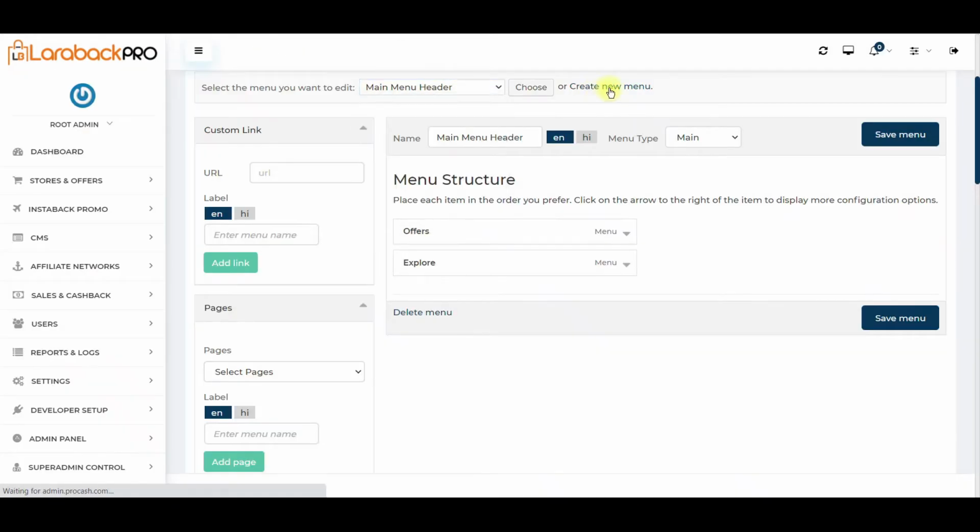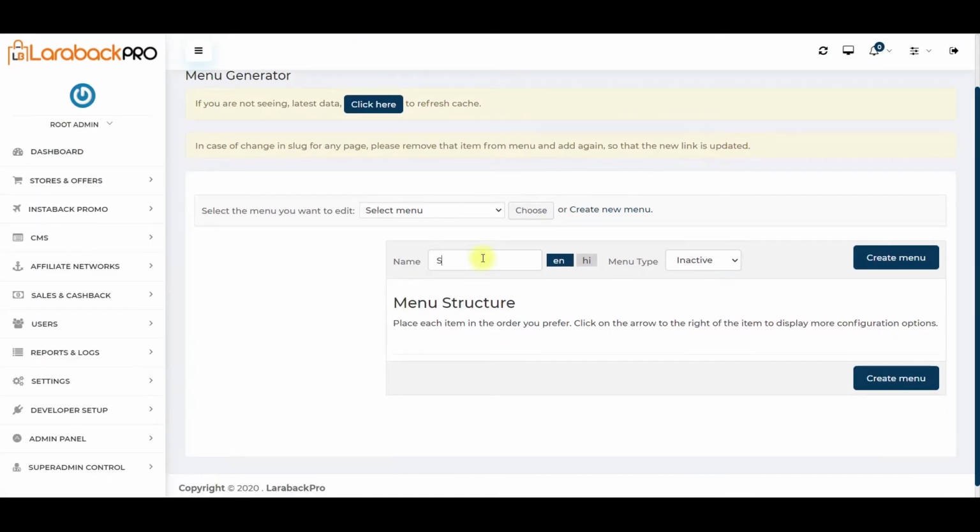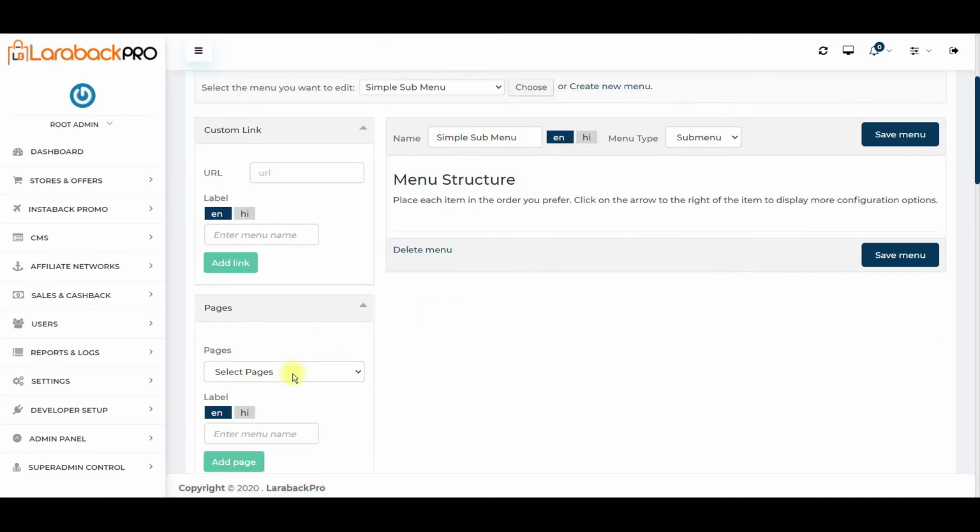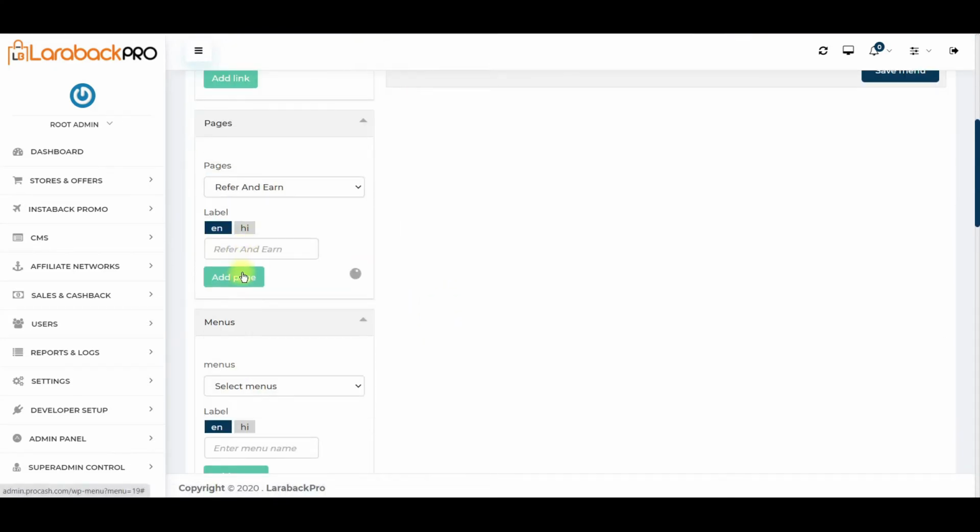If you want to create a new menu, you can add some pages here.